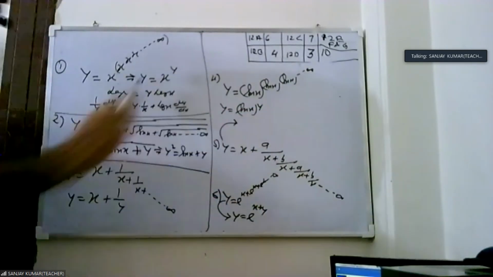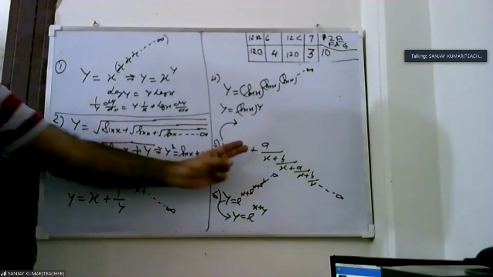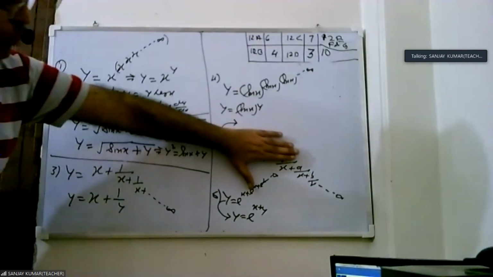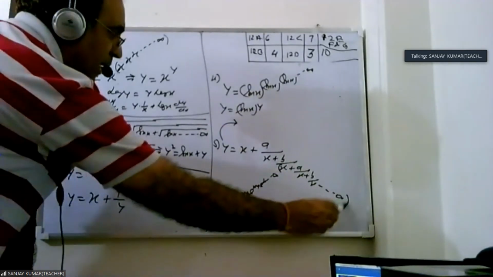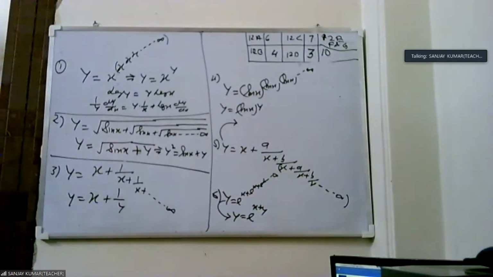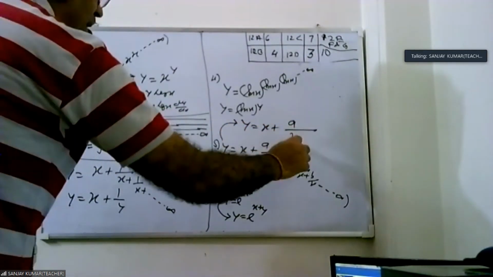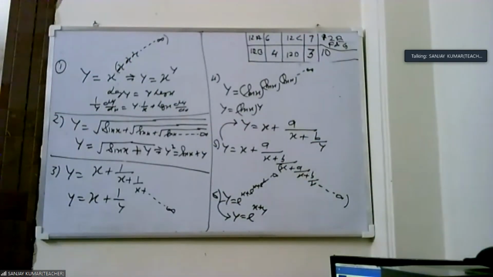You see this fifth question. If you remove this x, it is not a question. If you remove this a, again it is not a question. If you remove till b, look from here, this is where you get the question again: x plus a upon x plus b upon y. The only task is to see where the question is repeating. So this is y equals x plus a upon x plus b upon y. Then we take the LCM and we get the answer.